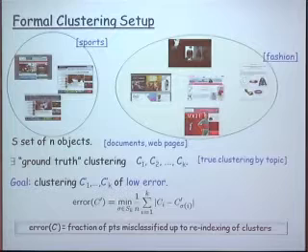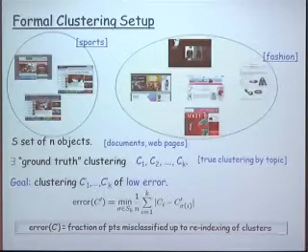It's really the analog, in the context of clustering, of the 0-1 loss in supervised classification. It's a very natural notion of error rate, since in clustering we don't really care about getting the names of the clusters right. We only care about getting the clusters themselves right. If I start calling them fashion and sports the other way around, you don't get penalized. So we only care about getting the clusters right, not the names, and this notion of error rate exactly captures that.